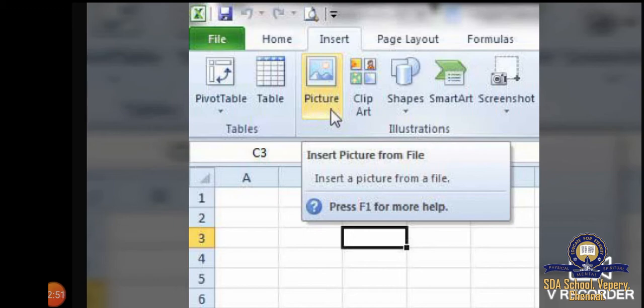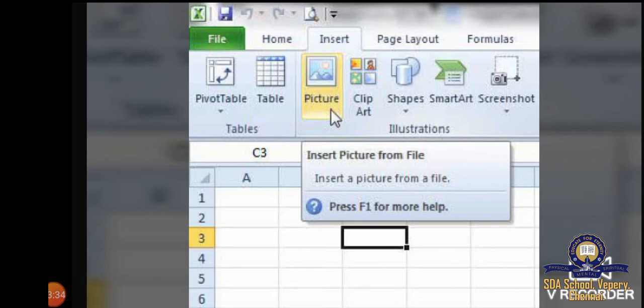From the Clipart Gallery, two options we can see. First one, from the Clipart Gallery, and second, from a file we select the picture. From the Clipart Gallery, click on the Insert tab and select the Clipart button. Then the Clipart pane appears. From that you can take the required picture, whatever picture you want, you select the picture. And from a file, click on the Insert tab and click the Picture button from the Illustrations group. The Insert Picture dialog box appears. Choose the picture and click the Insert button.